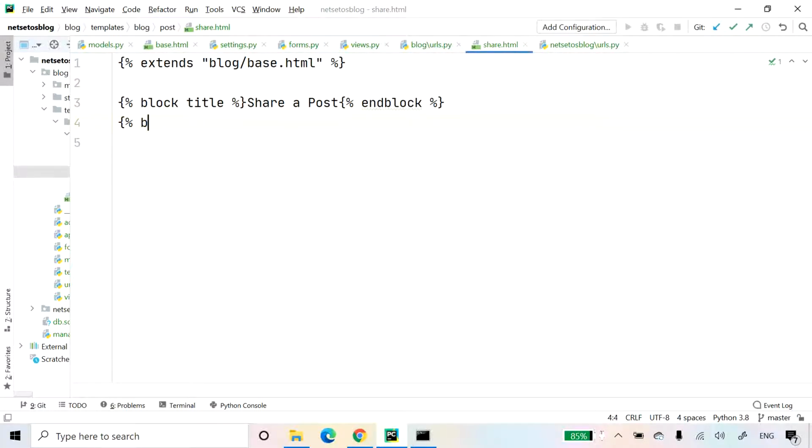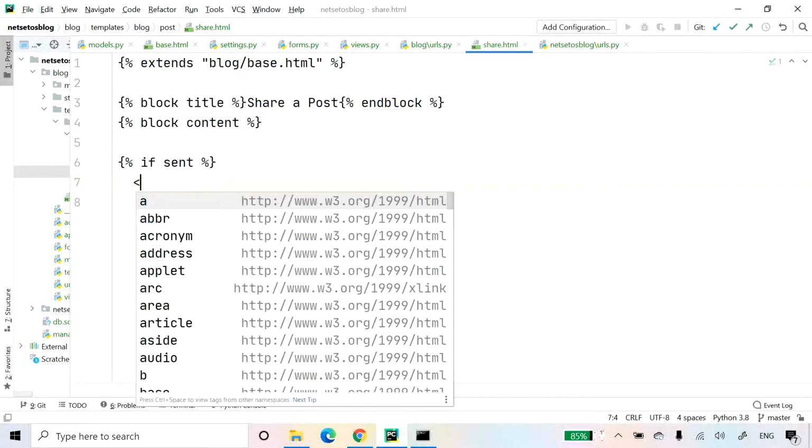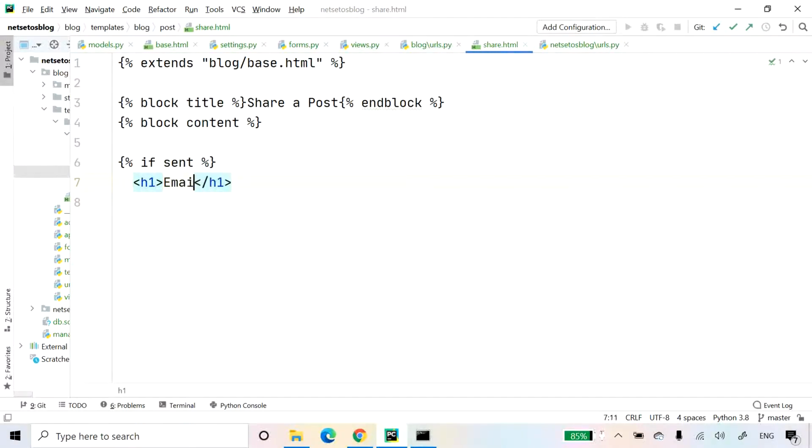So here I'll write block content. Inside block content, I will apply if condition. If sent, that is, if sent is equal to true, it should print in h1 tag email sent successfully. Let's put hyphen over here.